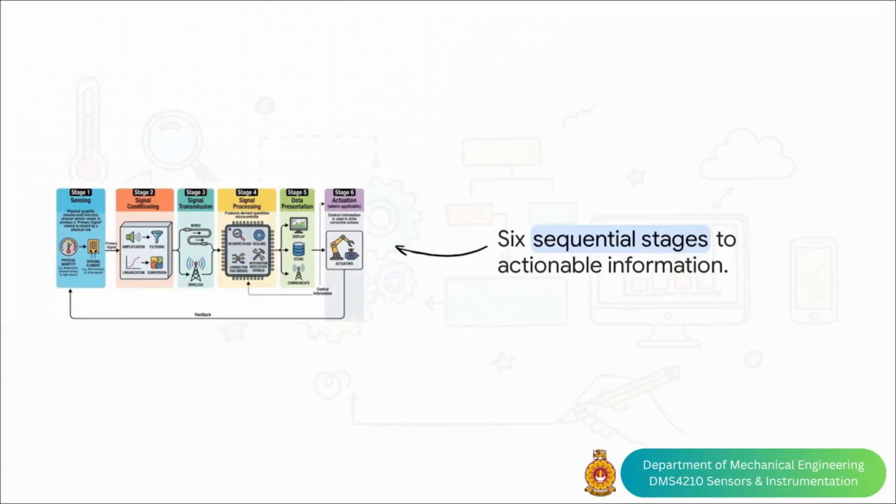The entire chain is essentially broken down into 6 sequential stages, moving from a physical quantity all the way through to actual actuation. And because this operates literally as a chain, a failure or honestly even just a slight degradation at any single link completely compromises the integrity of all the information that comes after it. You simply can't fix a broken link later in the chain. Once that data is corrupted, the final action is going to be compromised. There's no way around it.